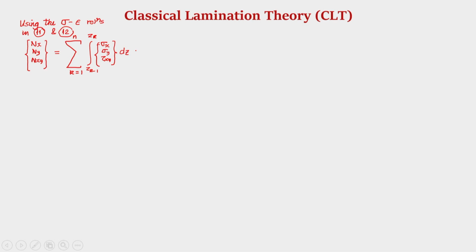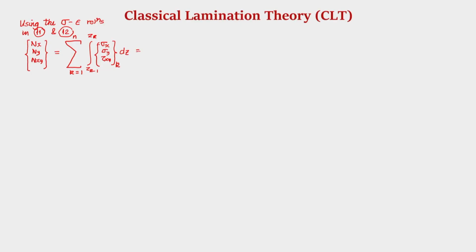Now, we could write the stress, the plane stresses in the kth layer, in terms of the strain using the constitutive relation, that means by multiplying the strain with the reduced transformed stiffness for that layer. Therefore, this will be